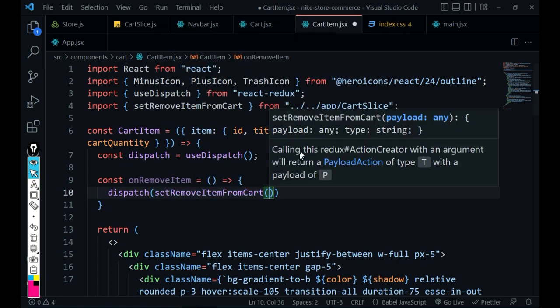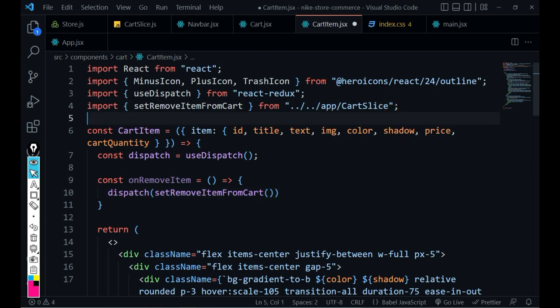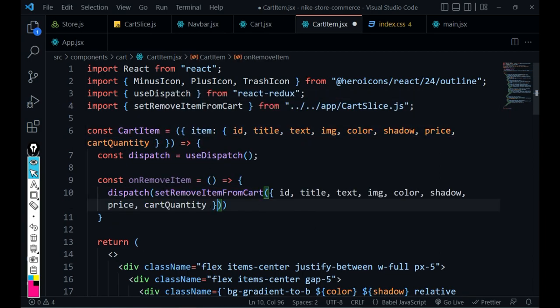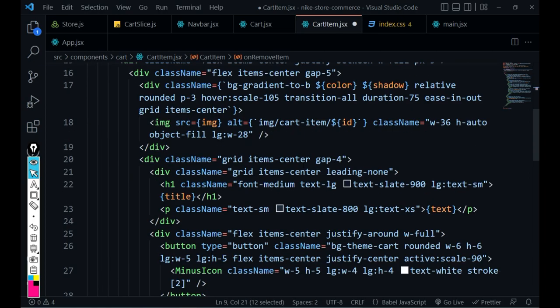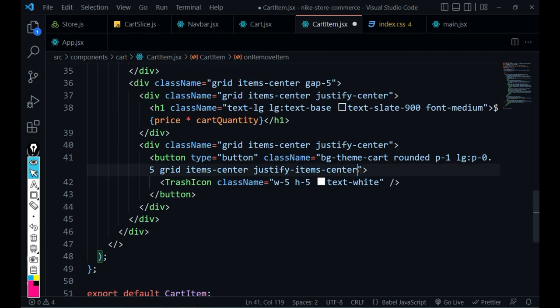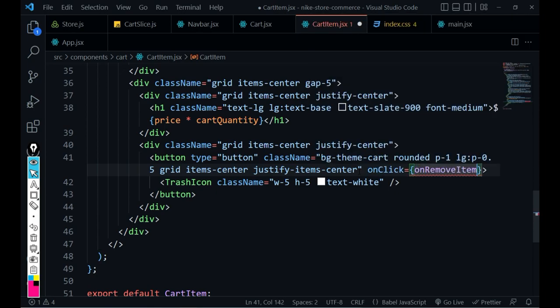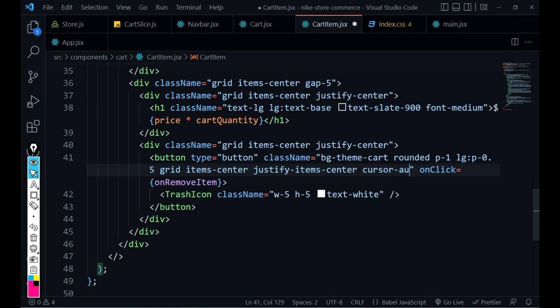This action creator should be imported from cartSlice.js. Okay, and send this object just right here, copy this function, go back to this button, add an onClick event, and call this function. Here the cursor must be pointer,